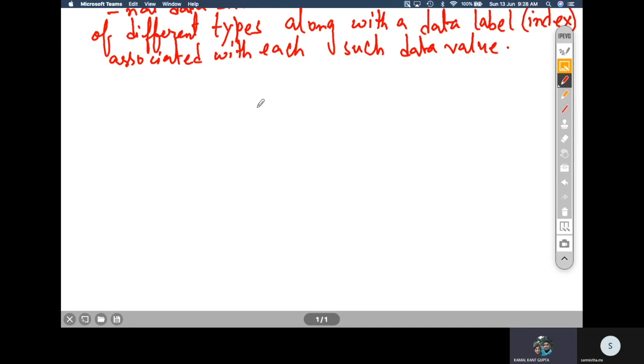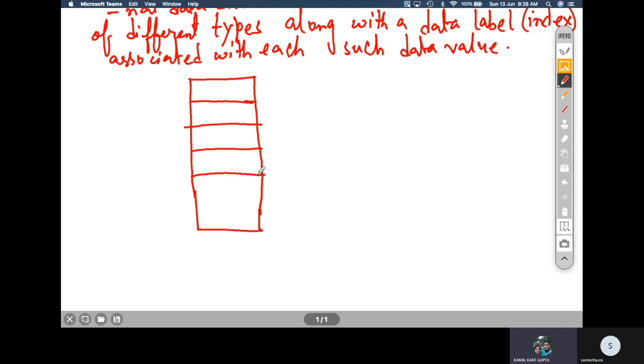Similarly, if you take only one column of an Excel sheet, that represents a Series. We can visualize this as a single column with multiple values.